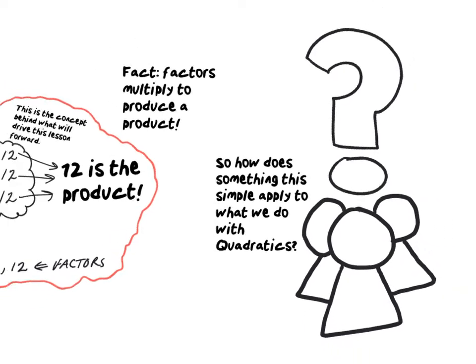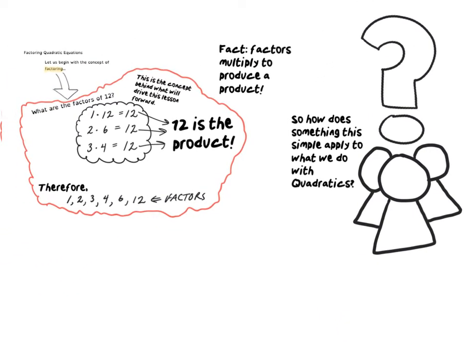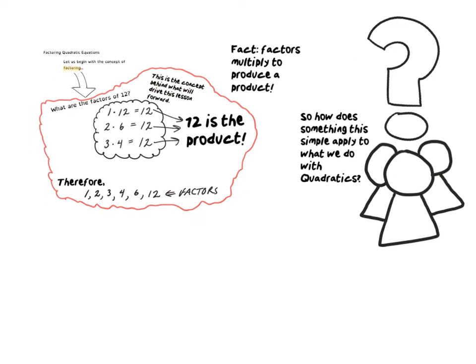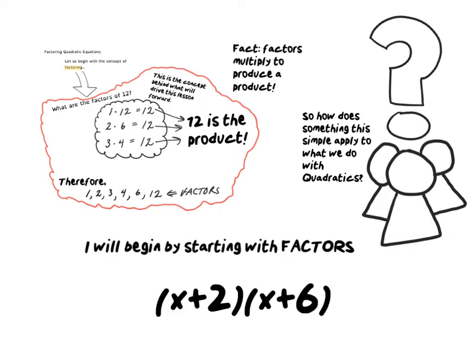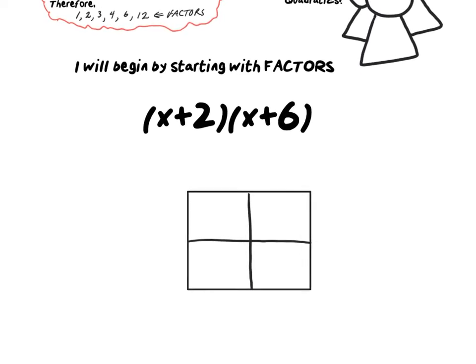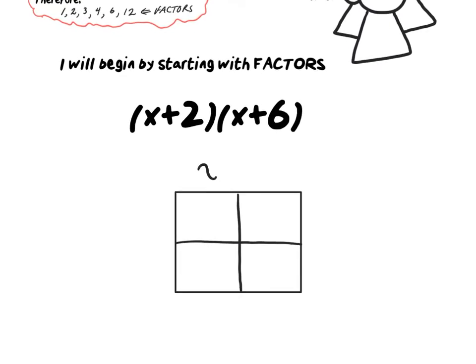So how does something this simple apply to what we do with quadratics? The best way to answer this is to start with an example. So let's begin by starting with the factors. Let's just say we're multiplying x plus 2 times x plus 6. By using the box method, I can multiply x plus 2 times x plus 6 and place each result in their separate box. So x times x